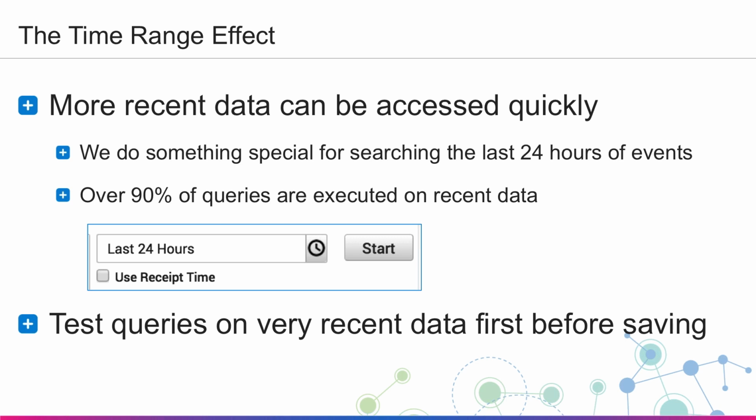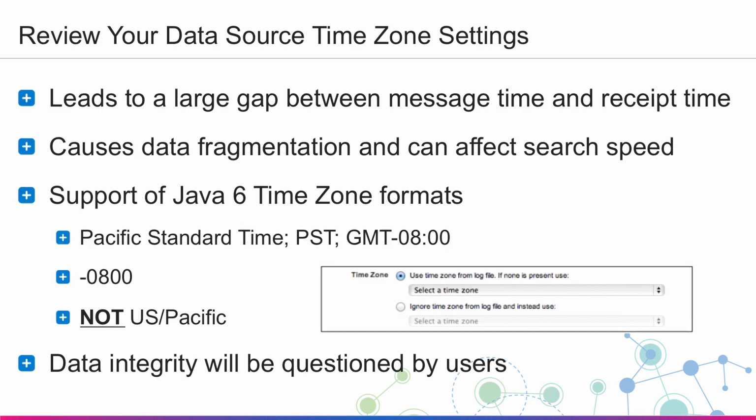And the reason we do this is because over 90% of the queries that are executed in our system actually search on recent data or very recent data, which makes this second point just as important. You want to test queries for very recent data first before you actually save them or publish them to others. So with respect to time,